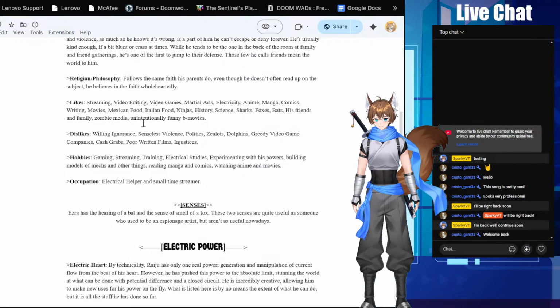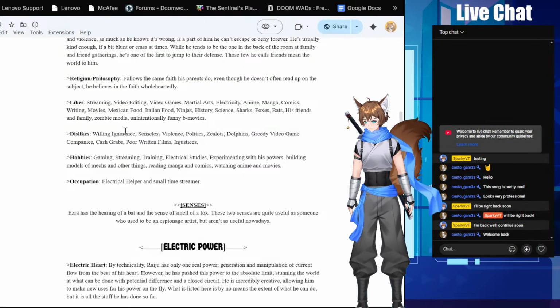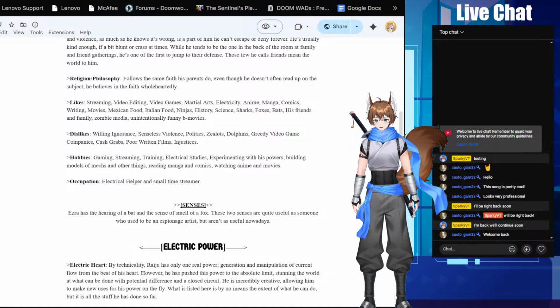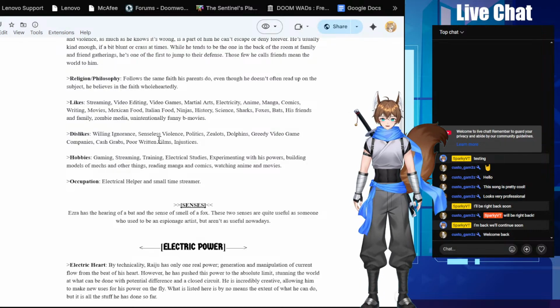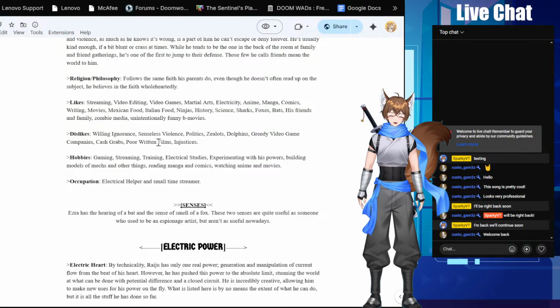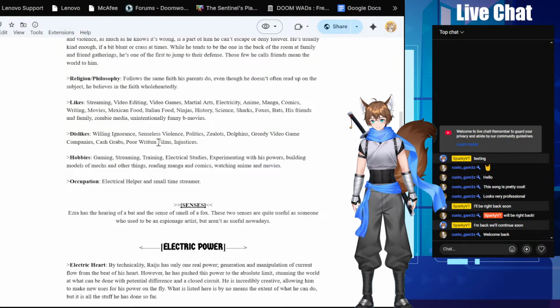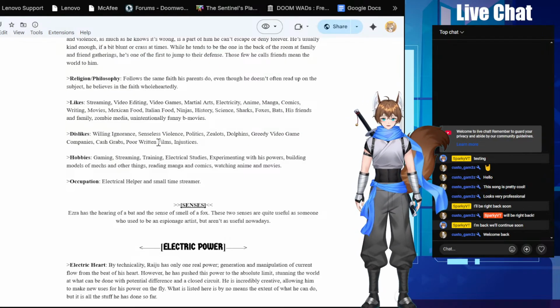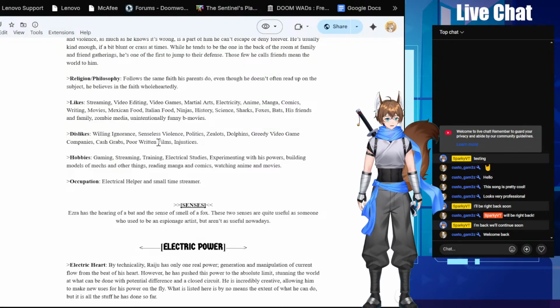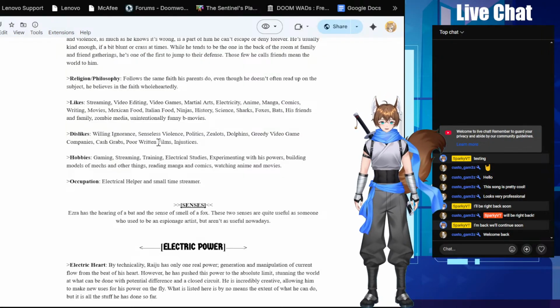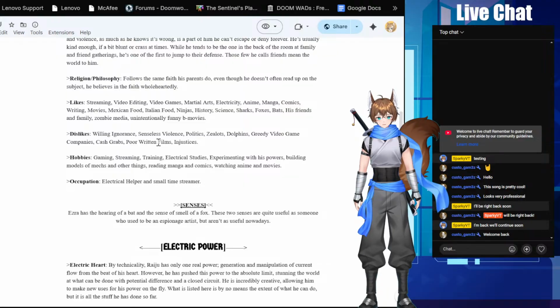Not a fan of people who are ignorant for the sake of being ignorant. Ignorance isn't bliss. It can actually be very much criminal. Very much so. If somebody is willingly ignorant of something for their own gain, it's something I've seen lead to a lot of bad things, personally. Senseless violence, violence without reason, is not very fun. A fight, like martial arts style, like I've done in the past, that's fun. But if it's just for the sake of it,